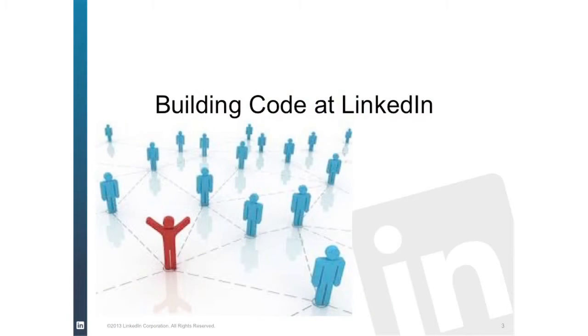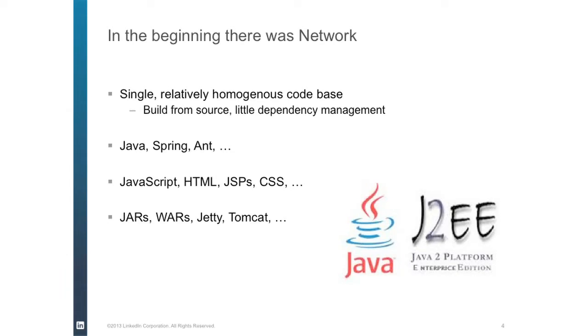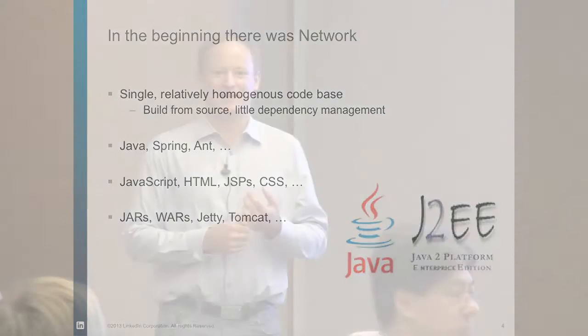So, building code at LinkedIn. If you're looking for a way of saying this is how you should do things, you probably don't want to look too hard at how we're doing things. LinkedIn is a fairly old enterprise software company at this point. It was founded in 2002, 2003. And the best practices, continuous delivery, continuous integration, things like that, have really evolved a lot over the time that LinkedIn has been in existence.